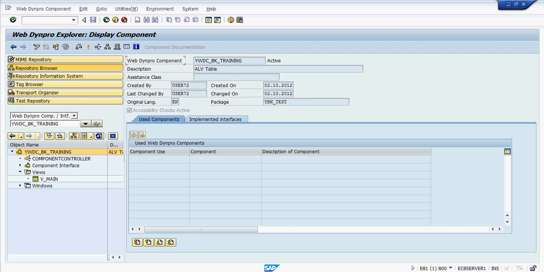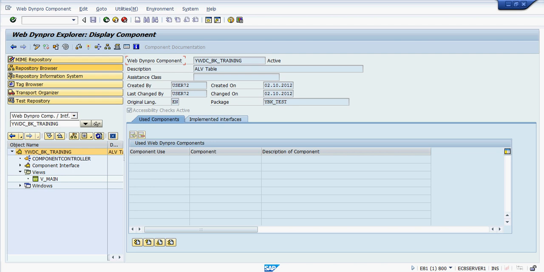Okay, for a WebDynpro component, as you have seen in the course content, you have a set of controllers created. So we will be discussing more about controllers and the architecture in the regular training. W_MAIN. Okay, and then V_MAIN. So we have to follow W_MAIN for window, and these are the naming conventions. Now let us see.